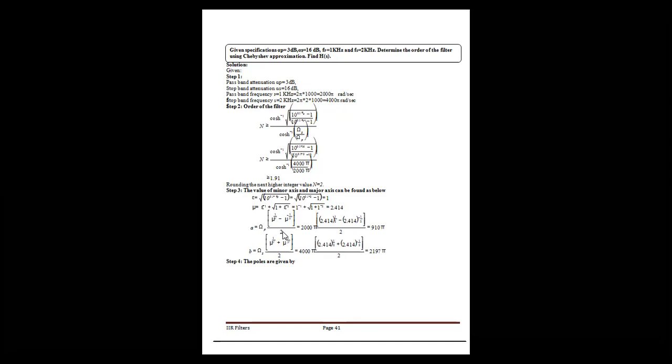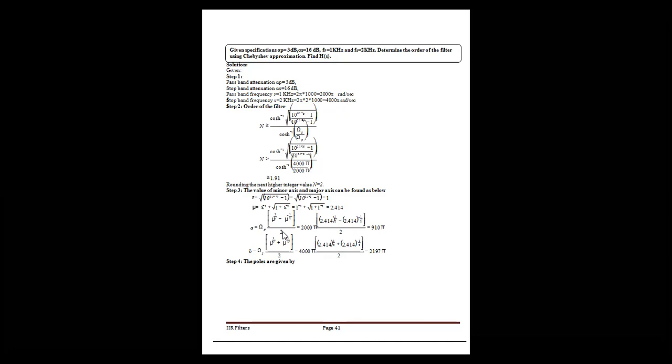Okay, and the formula for the major and minor axes A and B is omega p into (mu to the power of 1 by N minus mu to the power of minus 1 by N) divided by 2, where N is the order of the filter. We know that omega p is the passband frequency, which is 2000 pi, and mu is equal to 2.414, with n equal to 2. Then we obtain that A is equal to 910 pi, and the value of B is